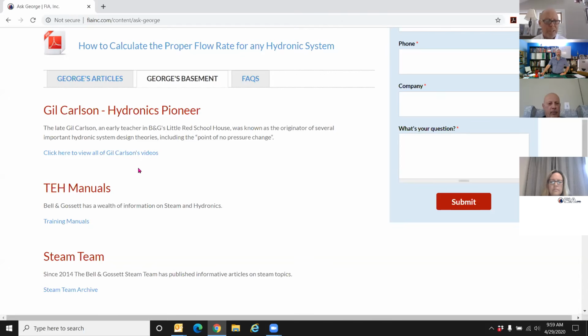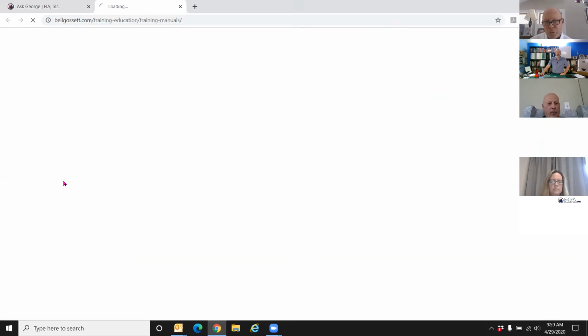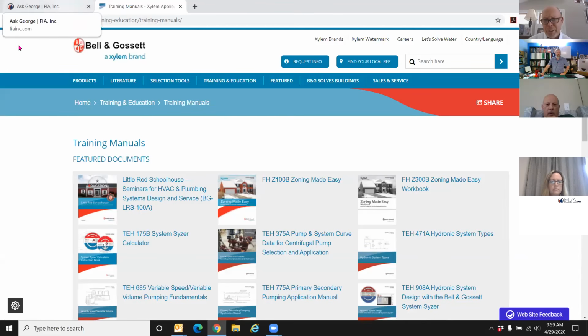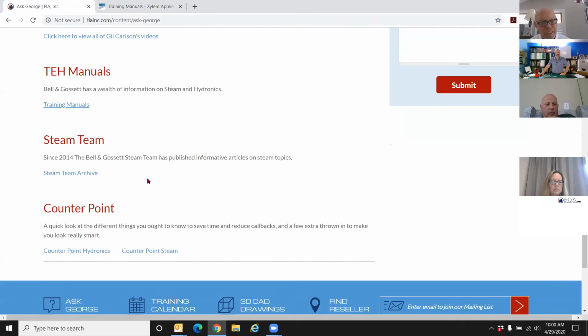Right below the Gil Carlson is all the manuals that Bell & Gossett has written for steam and hydronic, referred to as TEH manuals. We have a link right there. If you click on it, it's going to take you to all of the manuals. You can save them or download them or just read them online. It's quite a collection of all the different stuff that B&G has contributed to the industry over the years. And it's free access. Just come to our website, get right to it. So just more technical information. The final two things at the bottom here is